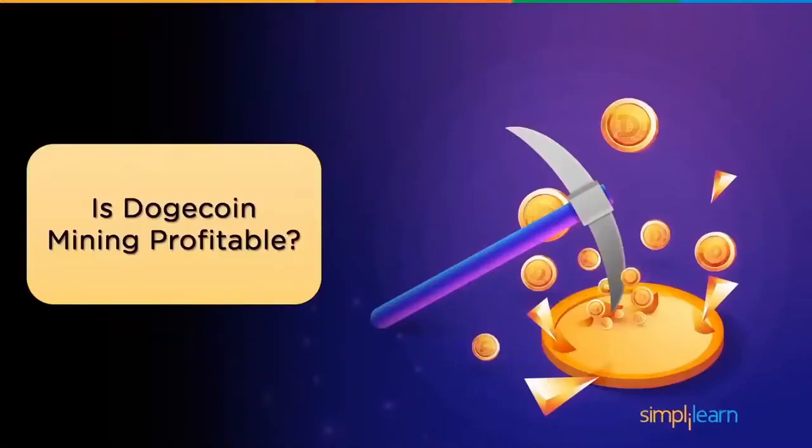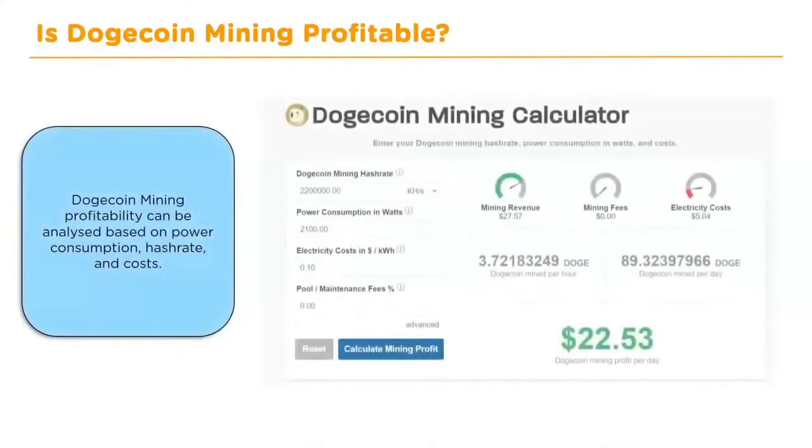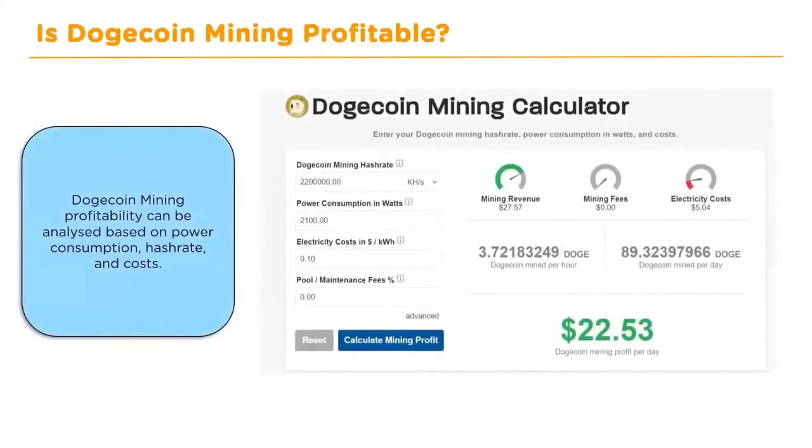This whole concept of Dogecoin mining brings me in front of one question. Is Dogecoin mining profitable? Dogecoin mining profitability can be analyzed based on power consumption, hash rate, and cost. The Dogecoin mining calculator is used to make it simple. In this calculator, the default value for the latest Dogecoin mining hash rate and latest Dogecoin difficulty target is preloaded for better results. Dogecoin mining's reward is